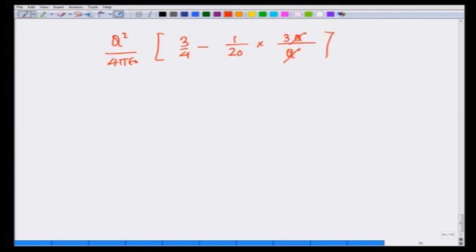This q cancels, and you get q square over 4 pi epsilon 0 r times 3/4 minus 3 over 20,